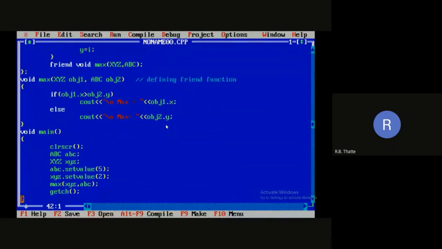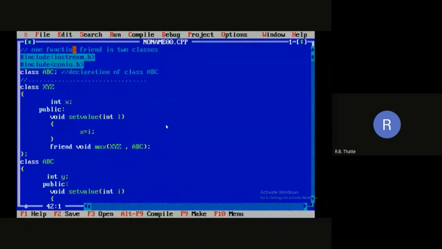So this is over. I repeat what I had done. Two classes are required. The second class is first declared over here, class ABC, because we have to refer to this class in the friend declaration. That's why it is compulsory to declare the second class also. Class XYZ is defined, in which we are declaring one variable x as type integer.